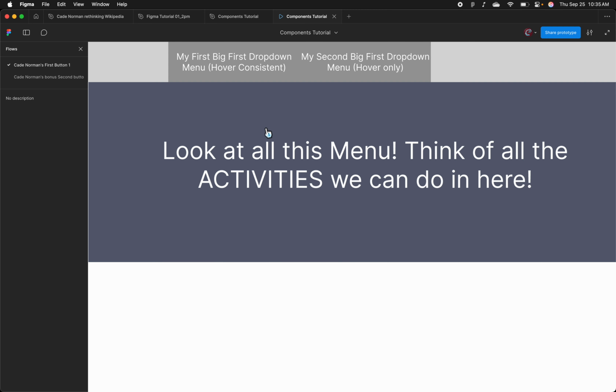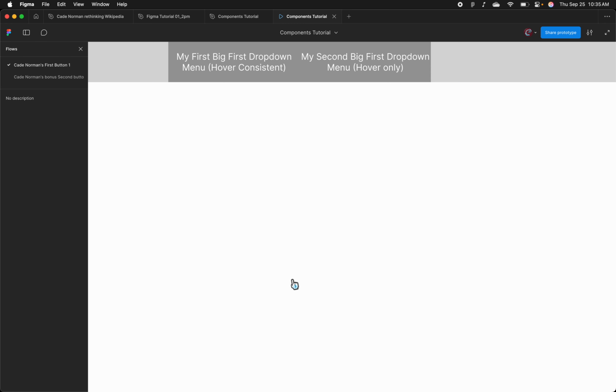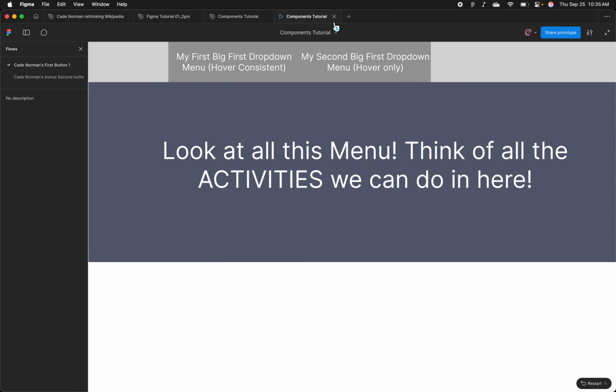So now I can bring my mouse down here and drag it around all I want. And how awesome is that? And then when I drag it away, it closes automatically. So that's how I figured that out, and I wanted to share